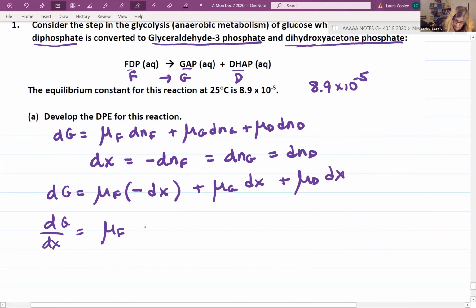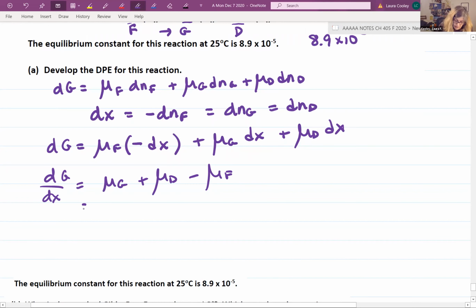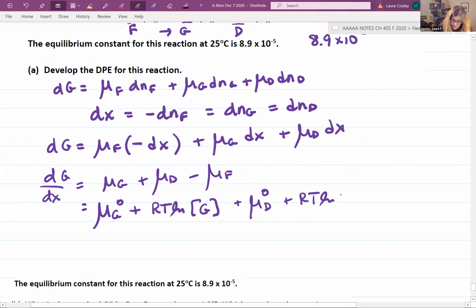And this is mu f plus mu g. Oh, sorry, minus mu f. So let me write the mu g first. Okay, now all of these are aqueous solutions. So this is going to be mu g0 plus RT log of G. Okay. Plus mu D0 plus RT log of D minus mu F0